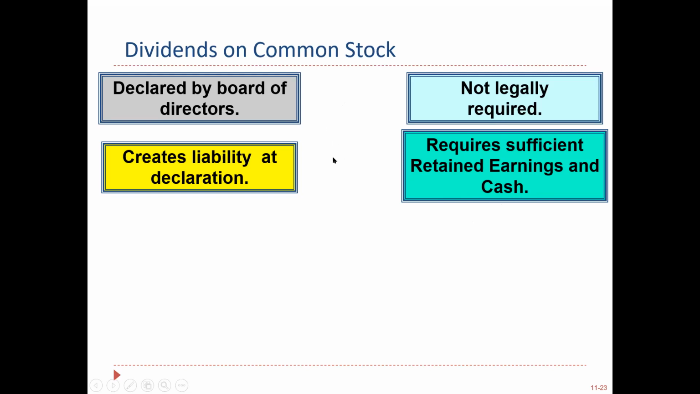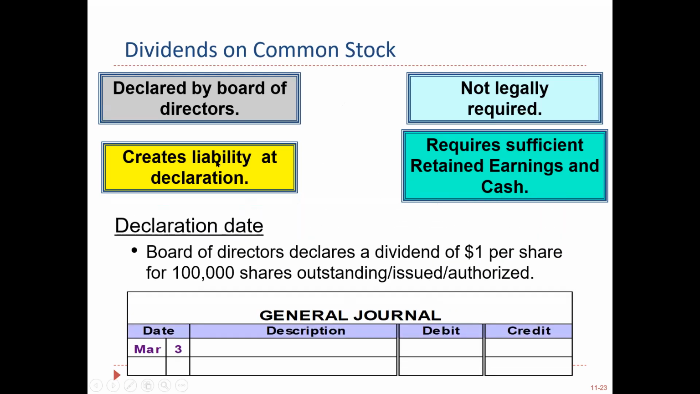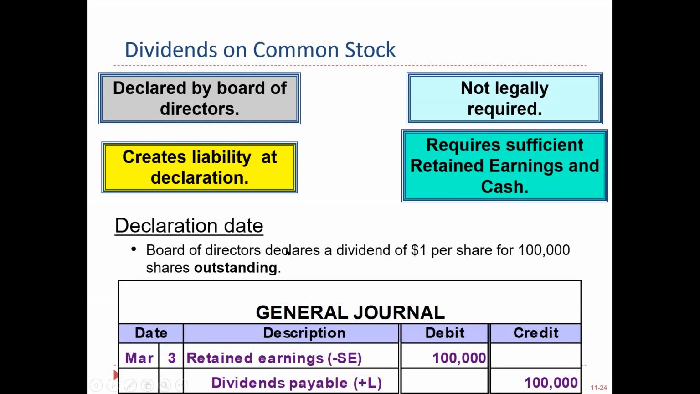The dividend must be paid at the declaration date. The declaration date: the board of directors issues a press release or an announcement. They say, we're pleased to announce a dividend of $1 per share for 100,000 shares of stock outstanding, okay? All dividends are debited to this account, retained earnings,